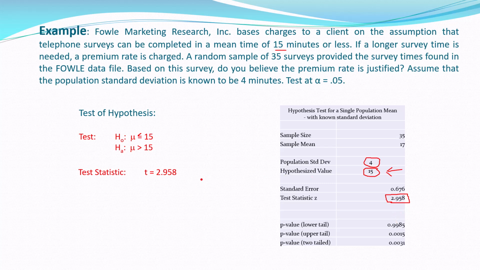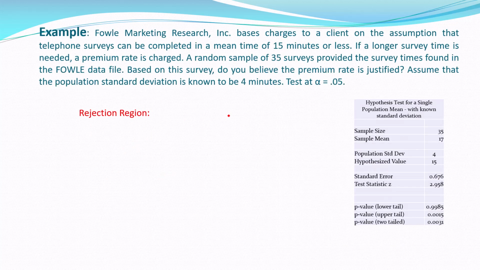Now we've got to evaluate that. Is that far enough out there? And whether you call this a T or a Z is sort of irrelevant too. It's probably more appropriate to call it a Z in this case because it's a large sample, but that's neither here nor there. We need to do a rejection region. We need to find what is expected and what is unexpected. The rejection region gives us values of the test statistic that are unexpected. And so it starts with